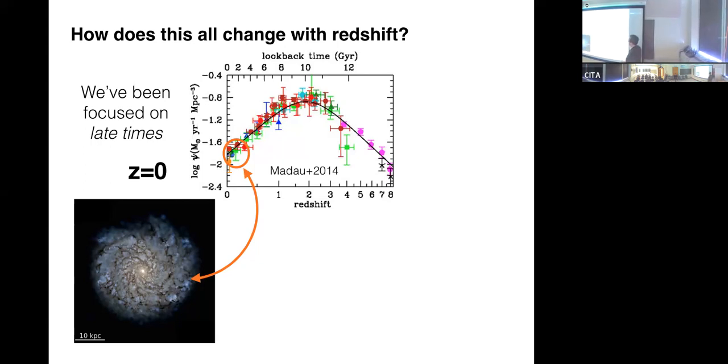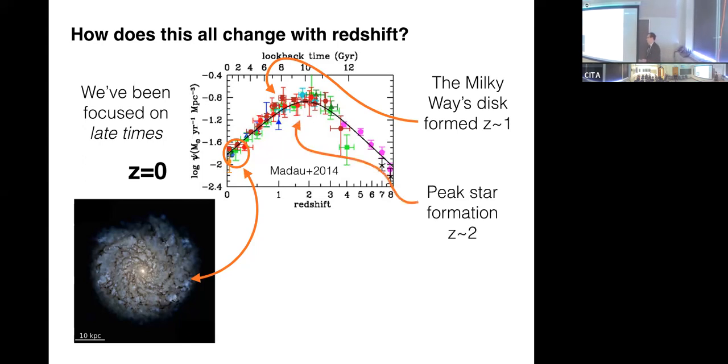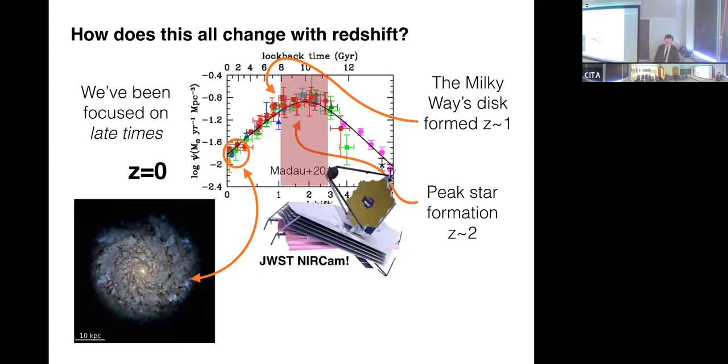But because of tens of billions of dollars spent by our community and the governments of the world, we're now going to be able to access the time when things like the Milky Way formed at kpc resolution. The Milky Way had not formed, but it fell into kind of a disk configuration, if you will. And peak star formation in the universe is happening at earlier times. We're finally pushing to the point where we're going to have sub-kiloparsec resolution,